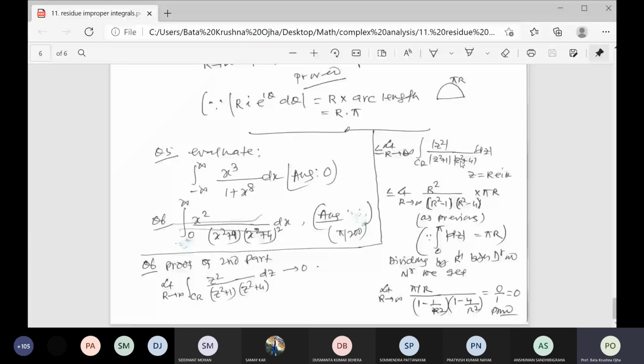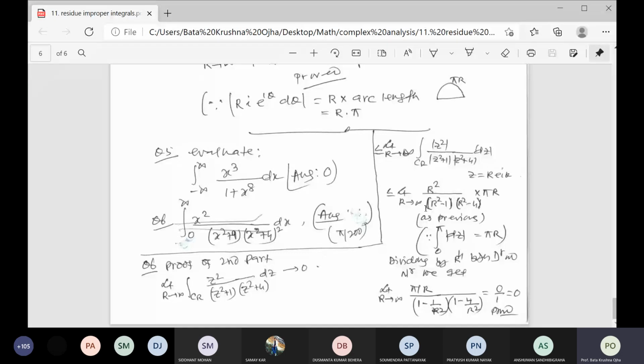If you take the mod of this quantity, it is equal to limit r tends to infinity of mod of z square by z square plus this. So you only have to apply the inequality from the first period. I have told you, mod of a plus b is greater than or equal to mod of a minus b, which is greater than or equal to mod a minus mod b. I gave that inequality to solve this type of question, and also for solving Fourier integrals by contour integration. So how do you do it? You apply that technique here, with z square plus 1 and z square plus 4.